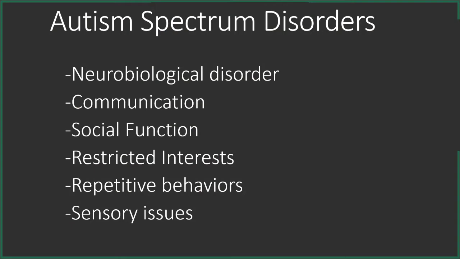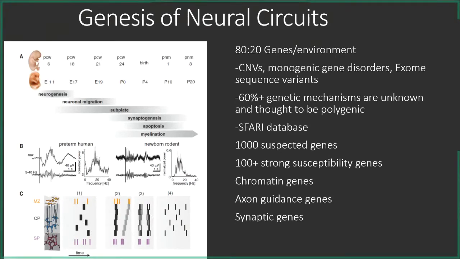Thank you. All right, and so the building of neurocircuits in the brain really goes through a number of different biological processes that is labeled here in the upper left part of this figure. Both the rodent and the human start with neurogenesis, leading to neuronal migration and the building of the cortical subplate. And then you have